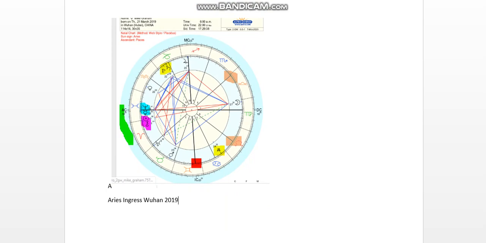This time we're looking at the Aries ingress for Wuhan in 2019. You can see that there's where I've done that sort of green highlight, lots of first house planets. I'm finding that we will find that more and more in these charts, a predominance of first house planets. First house represents the body, how we live our lives, new beginnings. It represents our whole approach to life. So a lot of planets there show that basic activities, basic health, our basic approach to life, this whole social